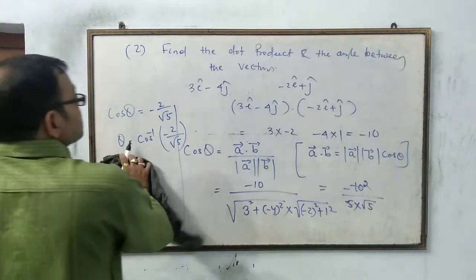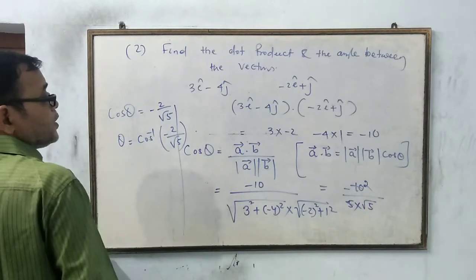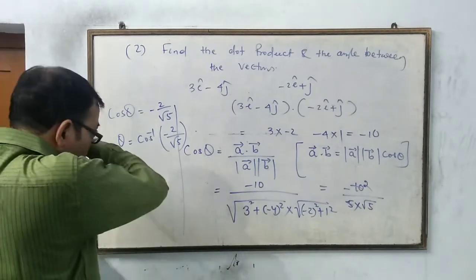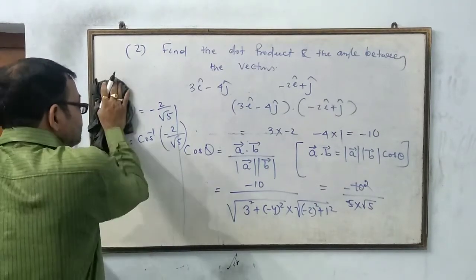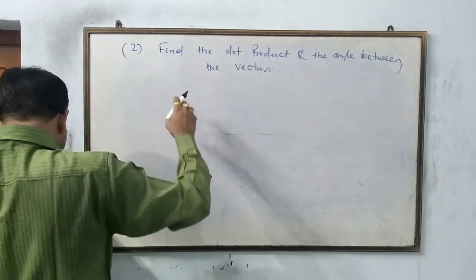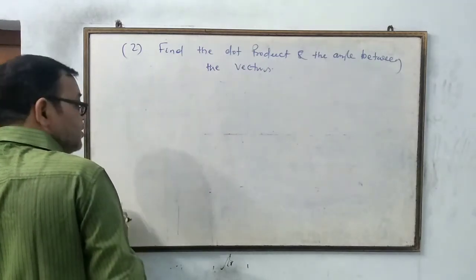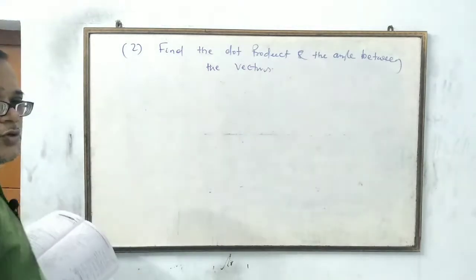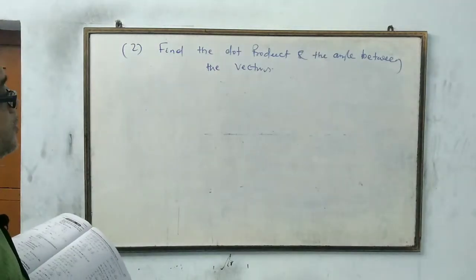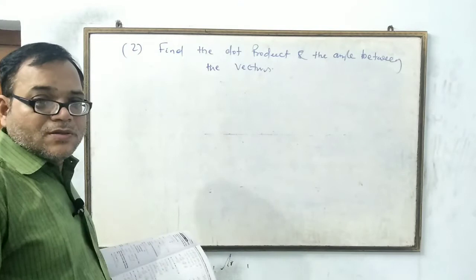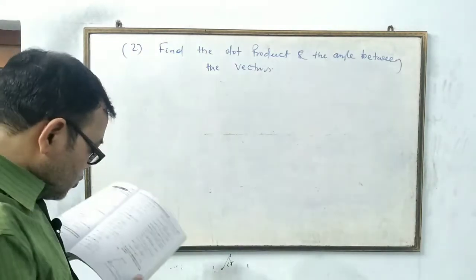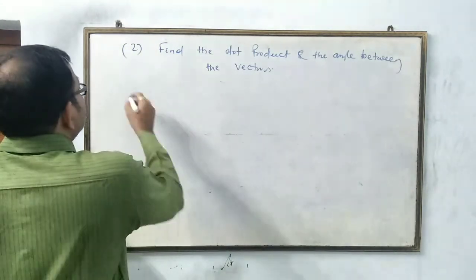What are the questions? What are the other vectors? Okay, you have noted down, so I'm going to wipe it out. Bit 1, bit 2, bit 3 and bit 4 all will be done like this. Do it yourself. If any doubt, then you can ask me again in the comment box. Next I'm going to proceed to question number 3.